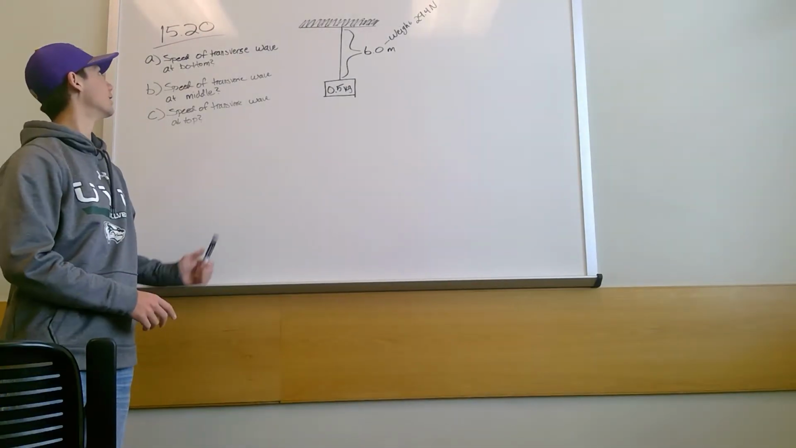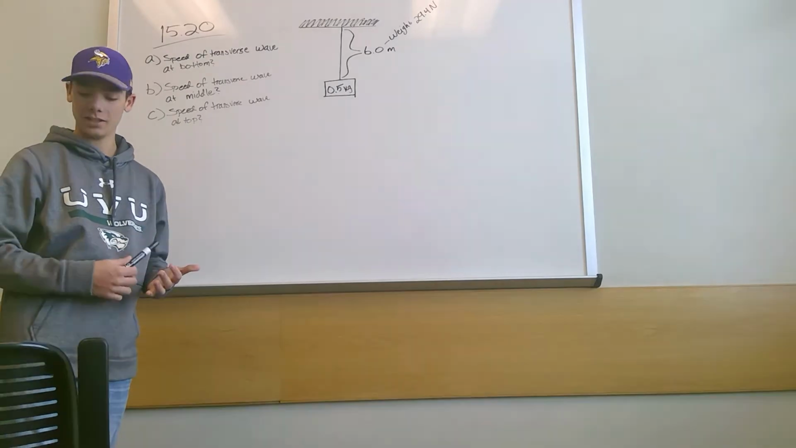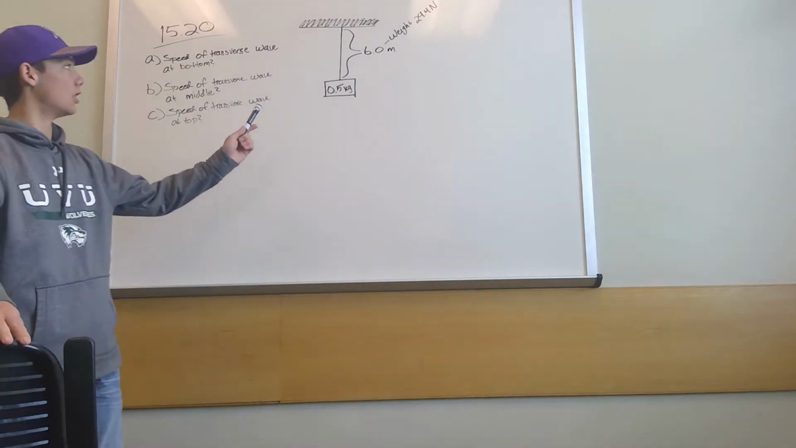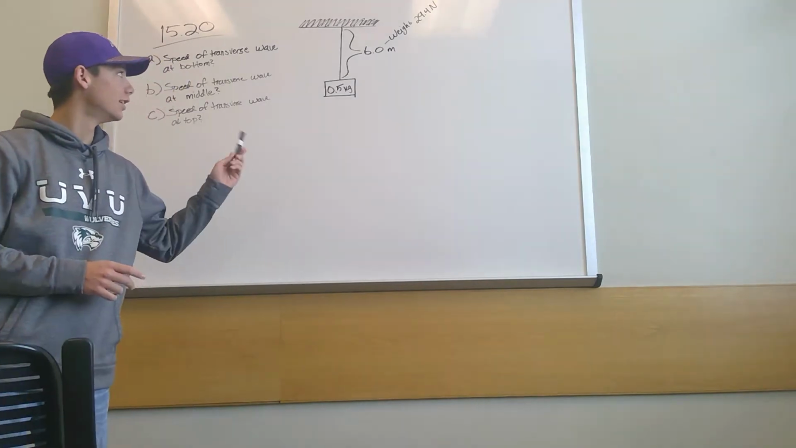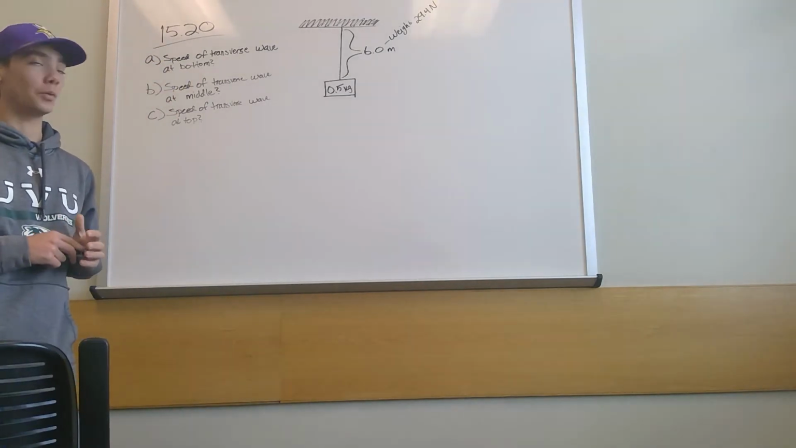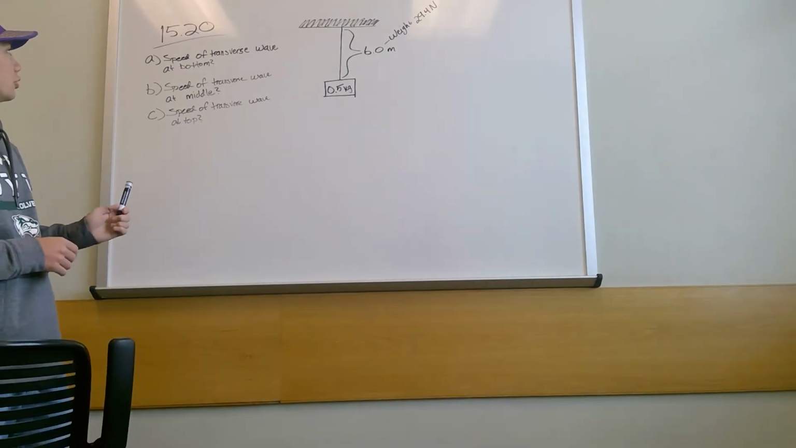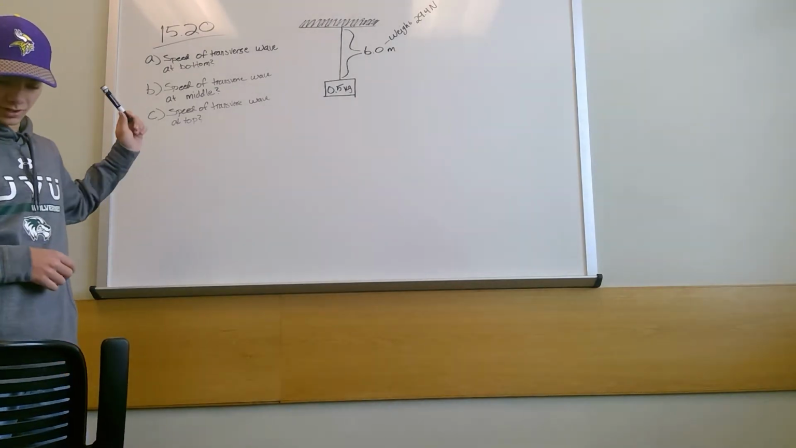Okay, so this is physics chapter 15, problem 20. We have a rope 6 meters long, and at the end of it is a mass weighing 0.5 kilograms, and the weight of the rope is 29.4 newtons. We're asked to find the speed of the transverse wave at the bottom, the middle, and the top of the rope,